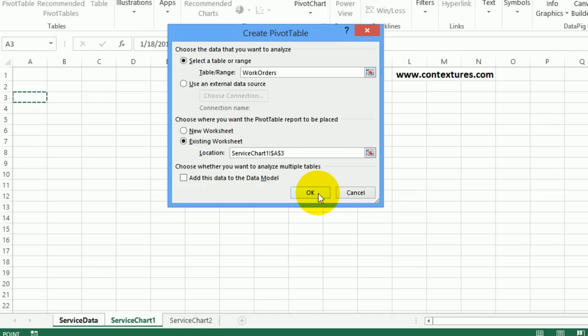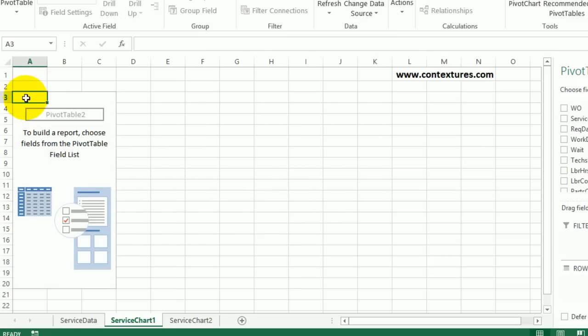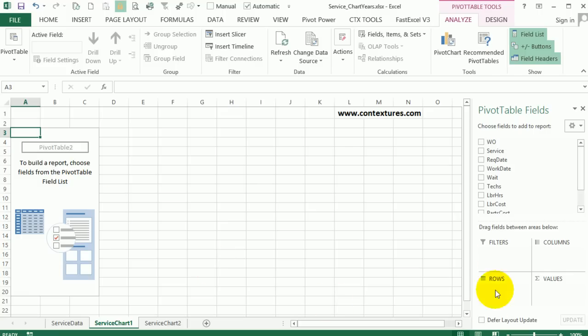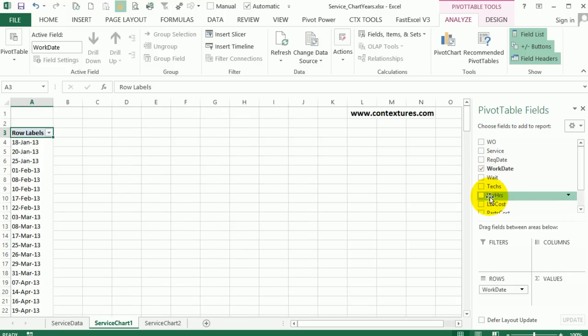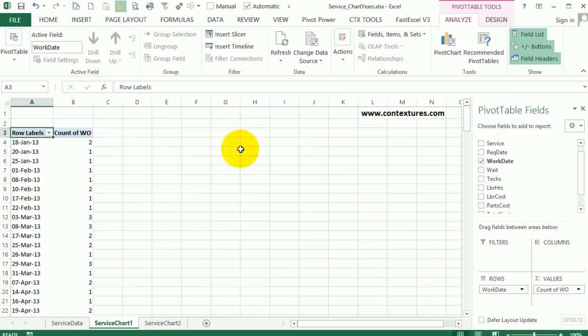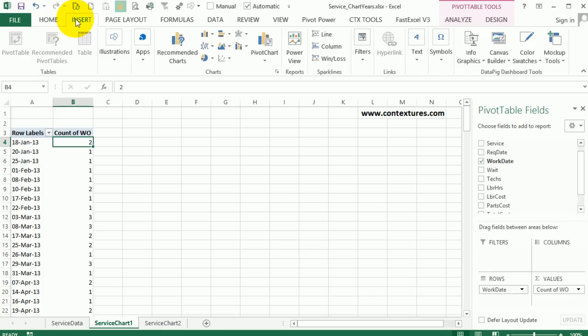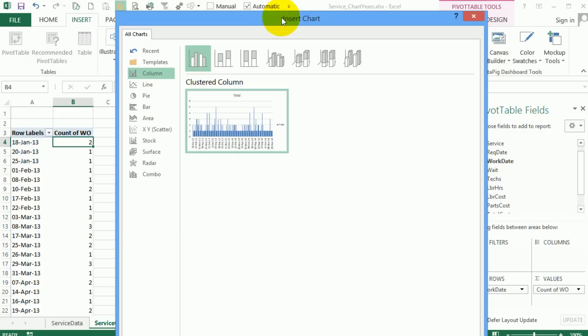Close that, click OK. So here's the empty pivot table, and I'm going to put in the work date, and then I'll put the work order into the values, and it will show up as a count. So now we have everything summarized by date, and I'm going to create a chart to see how it looks now. So I'll go back to the Insert tab, I'll click Pivot Chart,